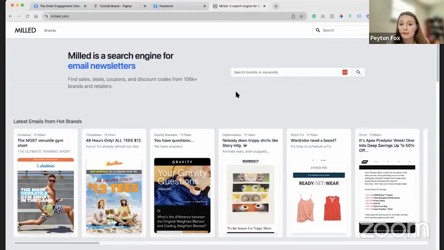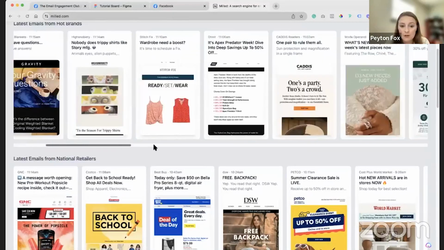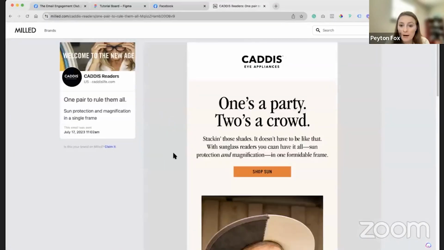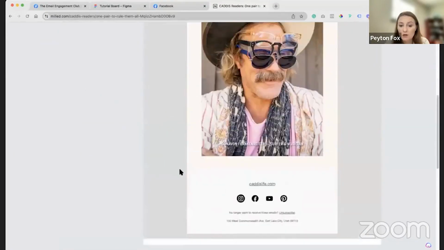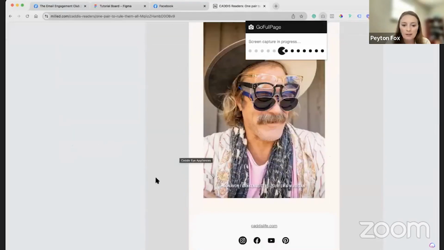Mild.com is basically an email newsletter archive of what everyone's sending, if they've been logged in here. But let's say, for example, you're really digging an email in here that you just saw. We have this one by Caddis here. Super simple, nothing too crazy, but we really like it. We're like, okay, I want to do something just like that. I use a Chrome plugin called Go Full Page, and you can use that to take a screenshot of your